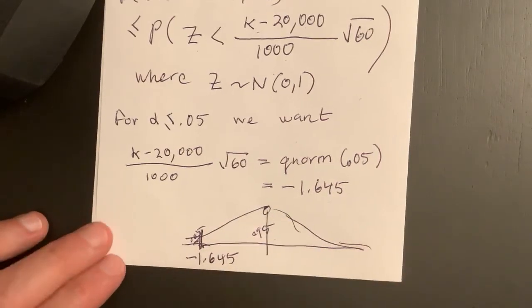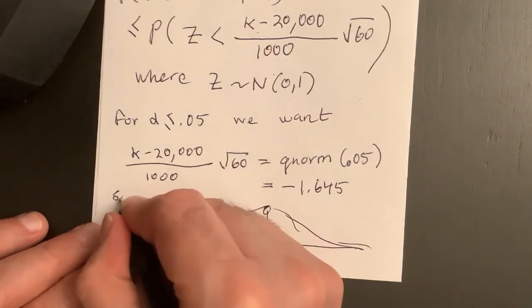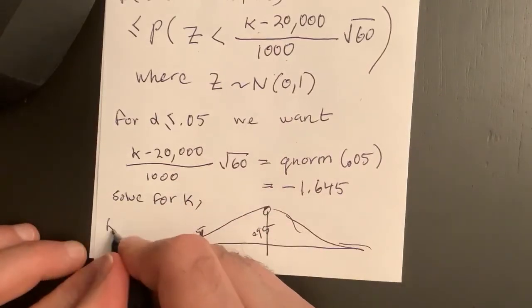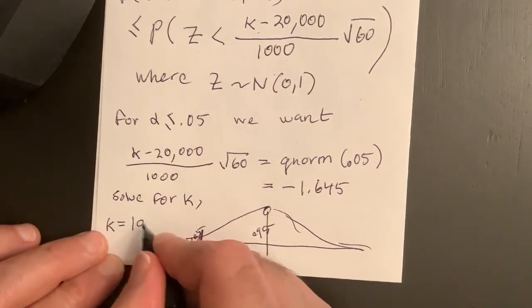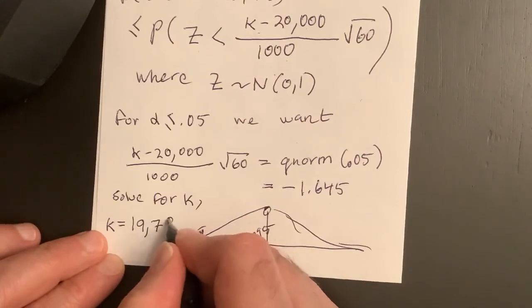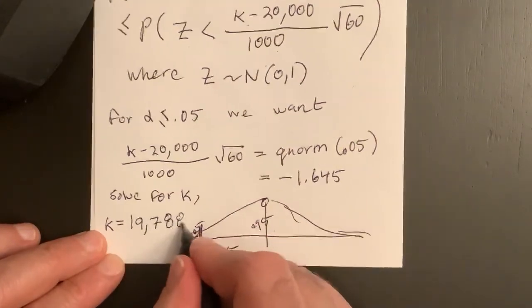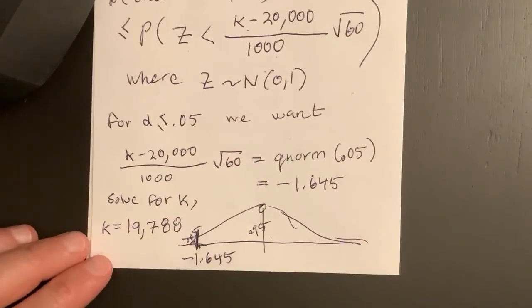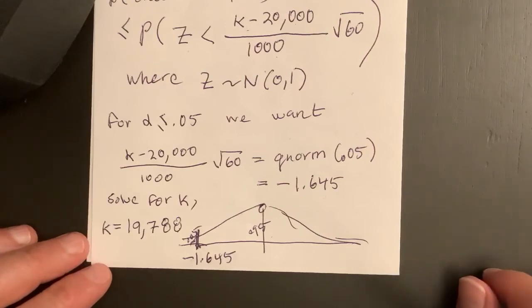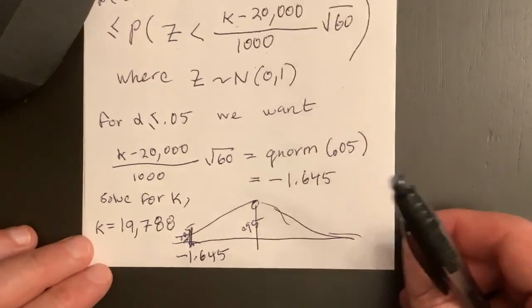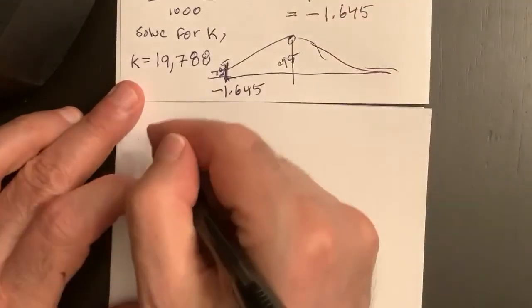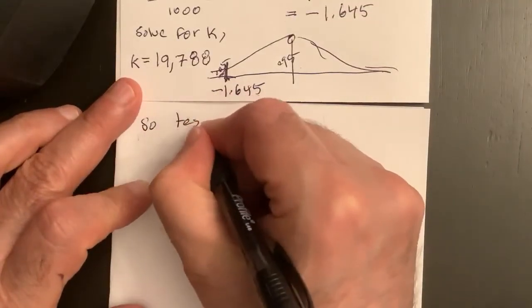So I solve for k. And we get k equals 19,788. That's what I get. I'm just solving this equation. So this test will give me the test I want with alpha equal 0.05. So let's write that down. So the test should be,